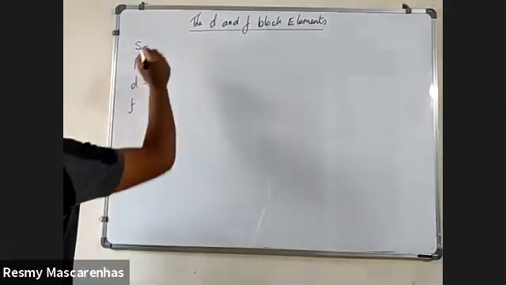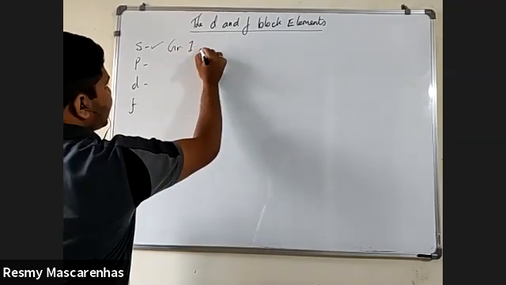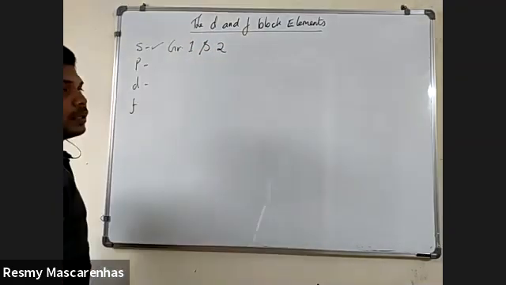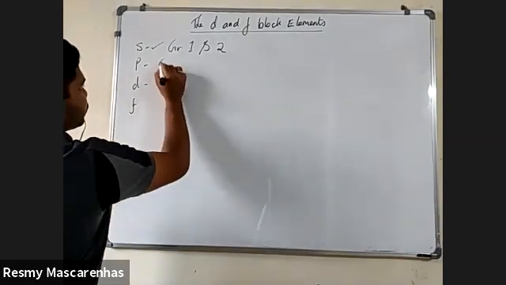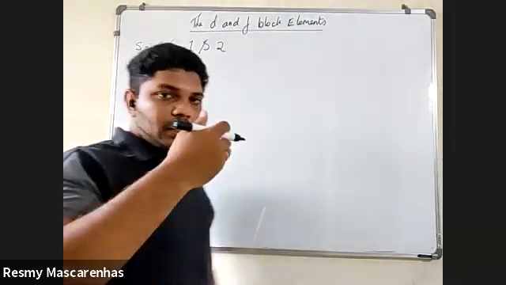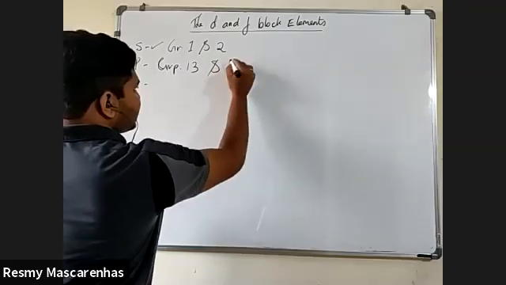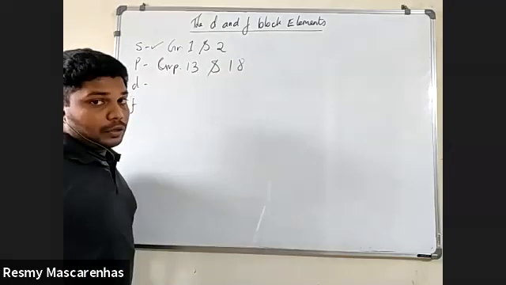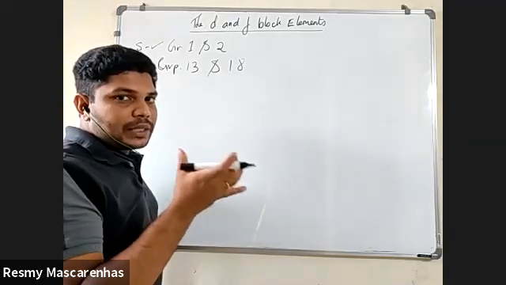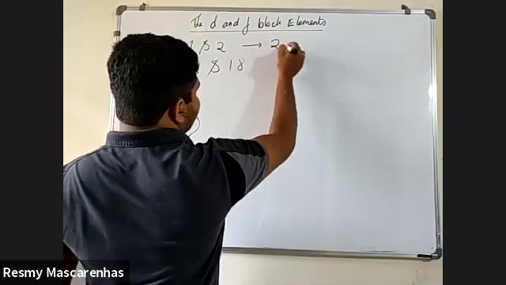Now in 11th standard you have seen s orbital. In s orbital, which groups are there? Group 1 and group 2. P orbital, which groups are there? From which group does p orbital start in the periodic table? Group 13, and it extends till group 18. Very good. So total 6 groups are there in p orbital, 2 groups are there in s orbital.